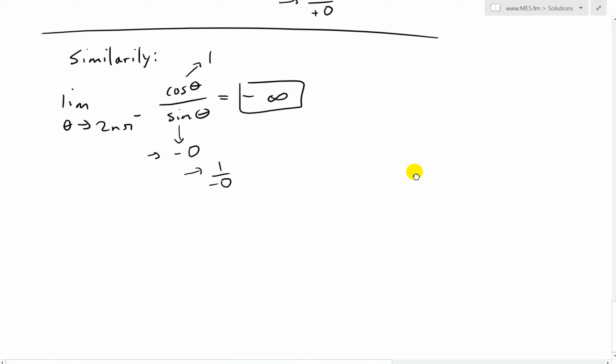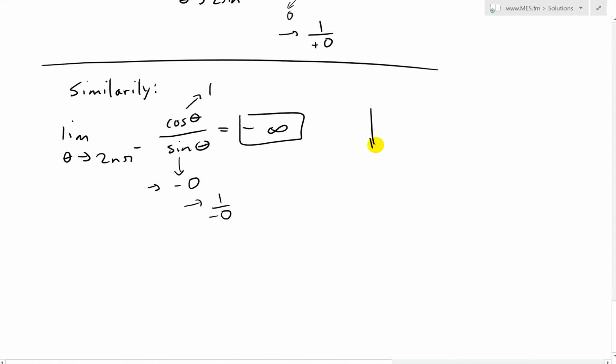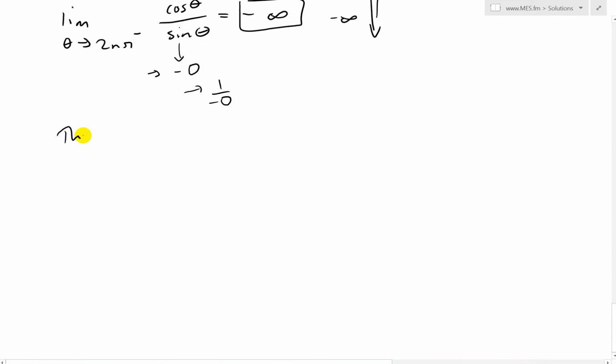In other words, we still have an asymptote line. In other words, the tangent here on the left side is going to be like this going down, and it's still a vertical tangent, and on the right side is positive infinity. Positive infinity, negative infinity, like that, but it's still a vertical tangent. Thus, indeed, we have vertical tangents,